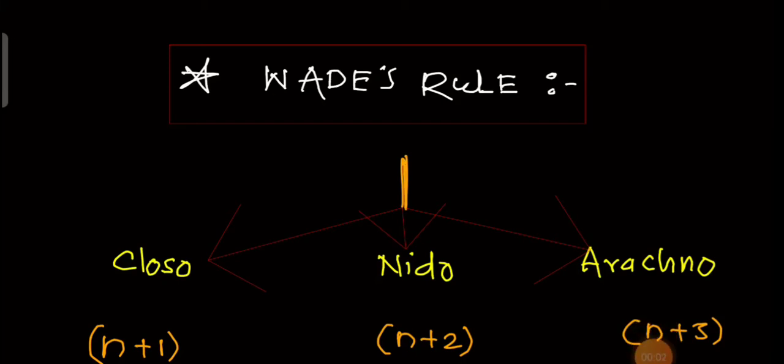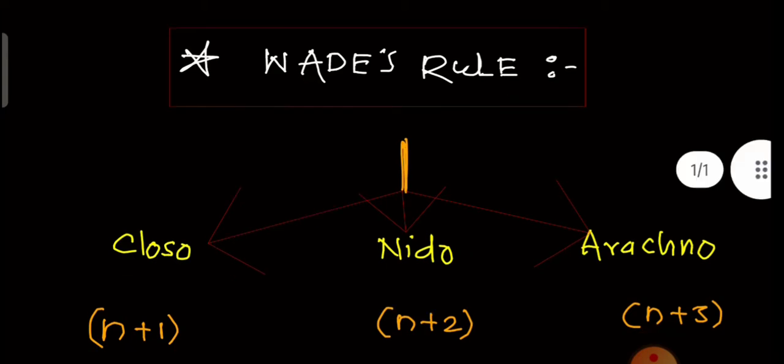Hello everyone. Today we'll see Wade's rule to find the geometry of polyhedral complexes. Wade's rule is applicable to predict the geometries of polyhedral systems, particularly the transition complexes. It is also called Wade's Mingos rule. It is applicable particularly for the transition series, and previously it was applicable for the boranes as well as